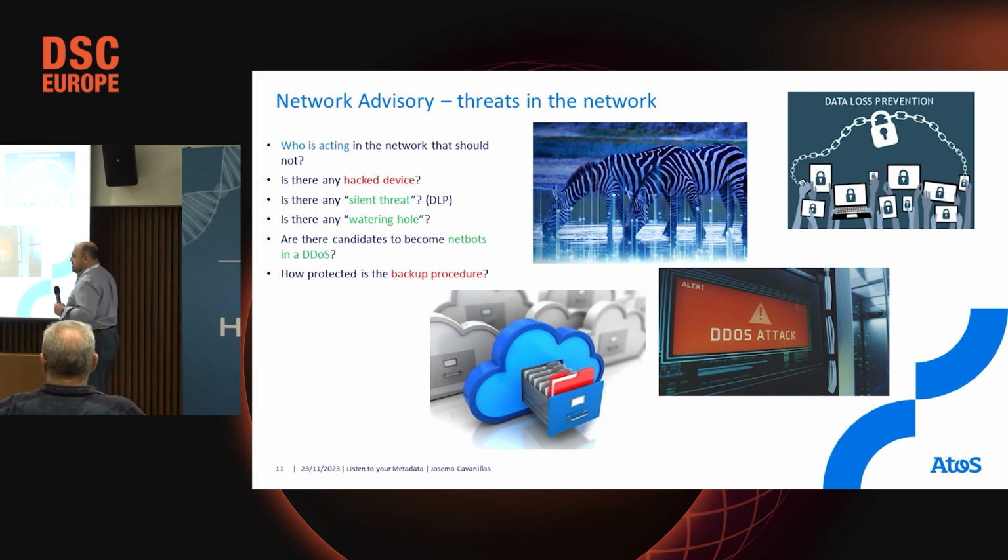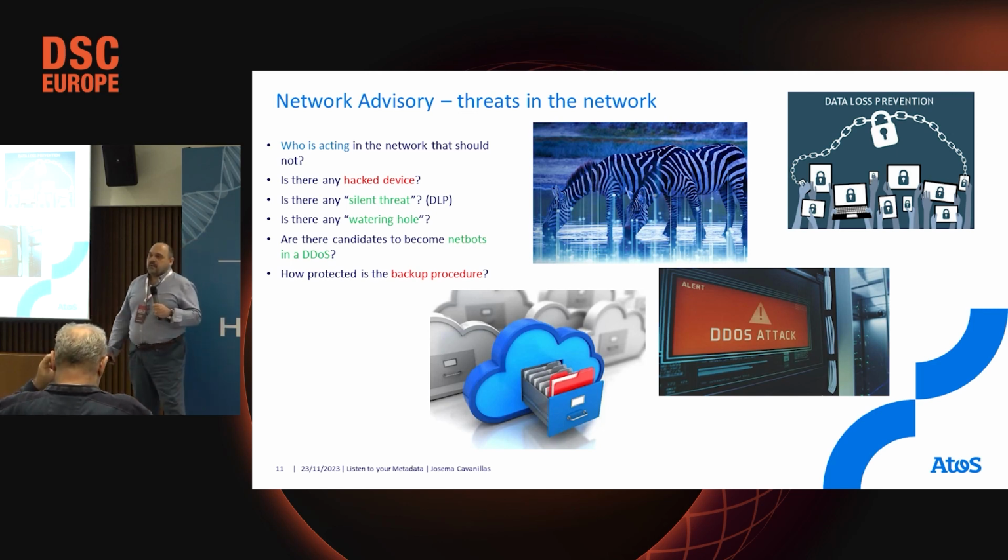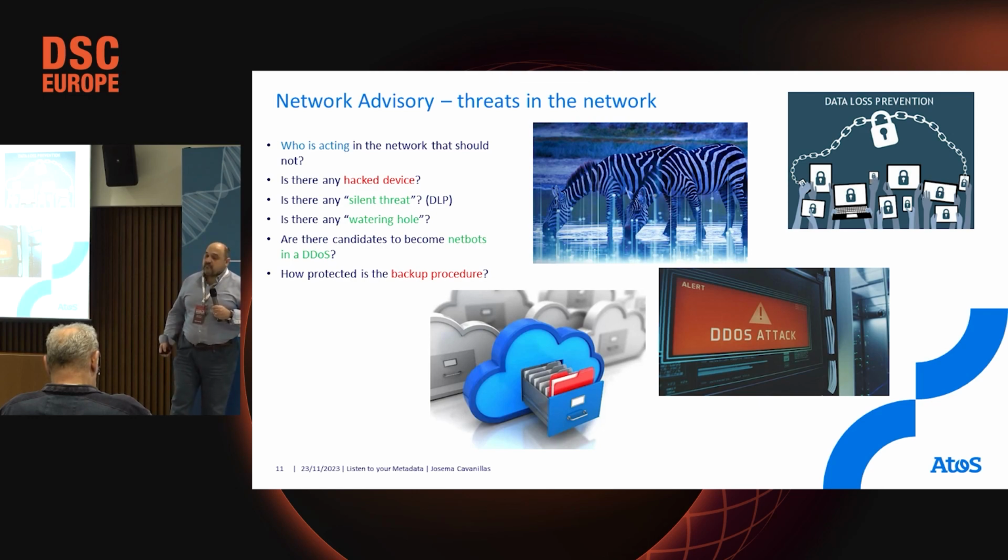How protected is the backup procedure? If it's not in the cloud, and that is exactly Hospital Clinic Barcelona 2 months ago, if it's in a local place, a hacker may come and destroy the current system and the backup. And the hospital had to cancel 3,000 operations and was 5 days out of system, because the backup was not properly protected. So protecting the backup, putting it in a cloud, or having the right protection is definitely important for your hospital